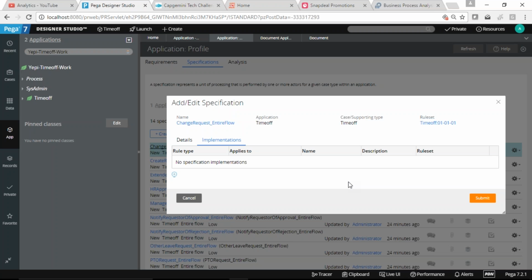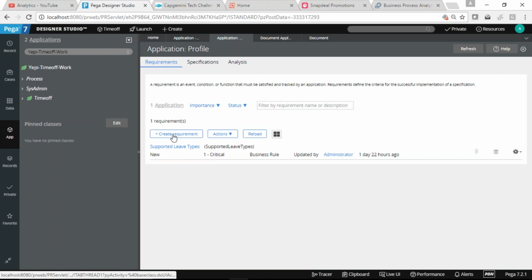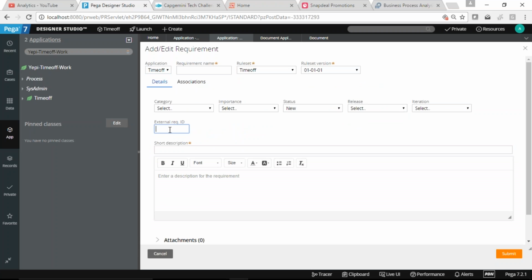They might give a link to it. As I showed you in the requirement, you can give an internal link to that. You can maintain the complete requirement in your other system, and if there are Pega-related things, you can include those and link to the external requirement ID as well.